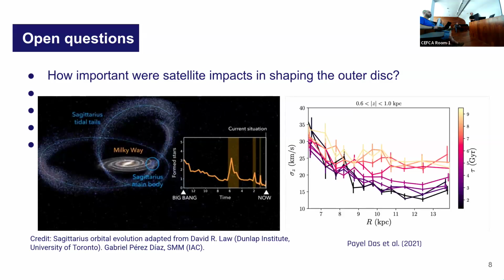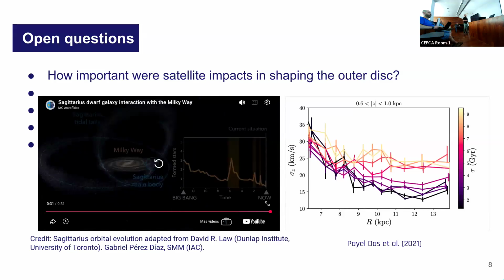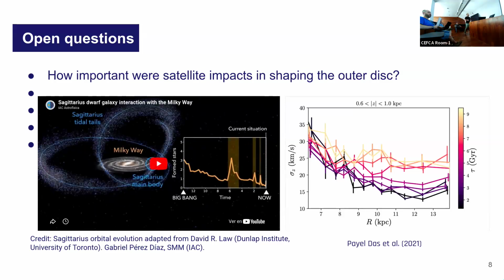If you observe this plot, in the horizontal axis you can observe the galactic radius, and in the vertical axis, the vertical velocity dispersion. You can find a gap in this average of stars in the Milky Way. This work was made with APOGEE stars, and you can observe this gap in the vertical velocity relationship with the radius, and